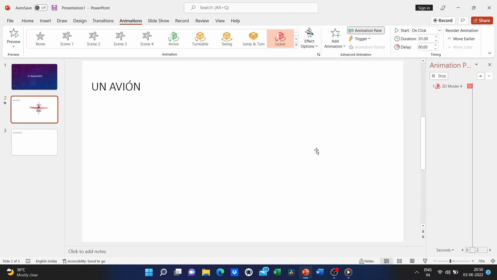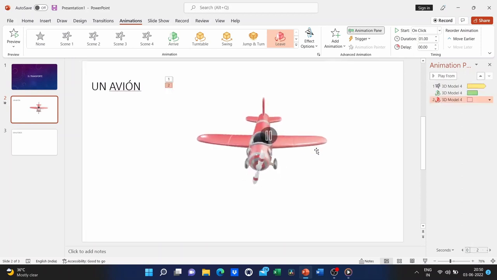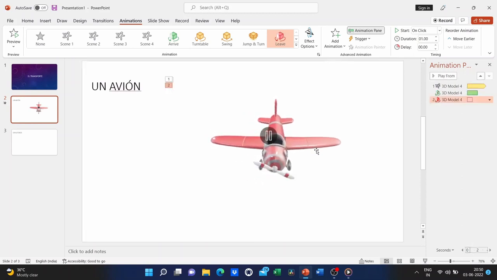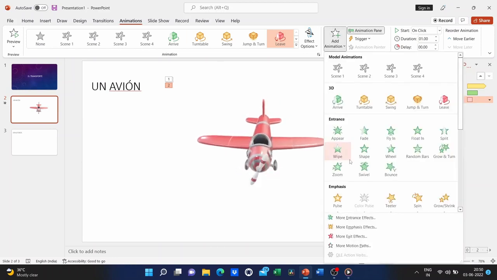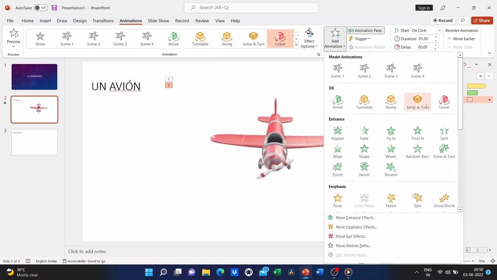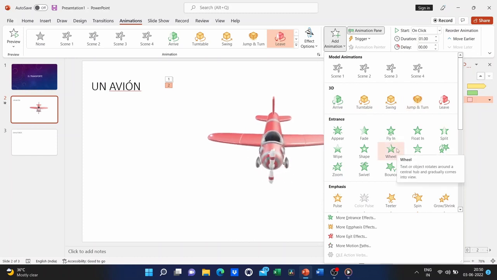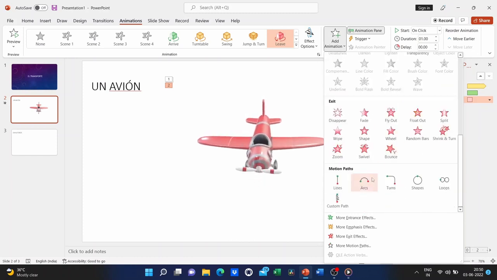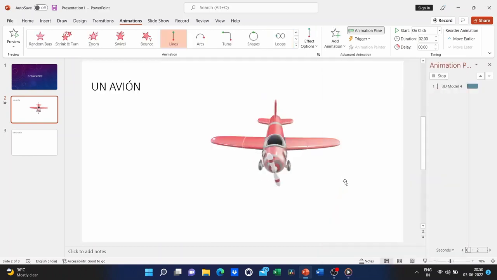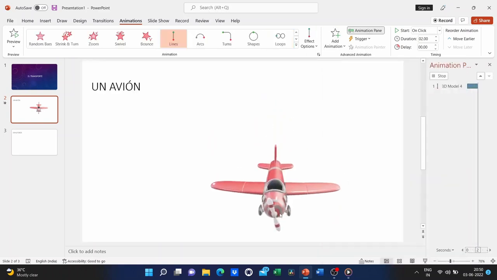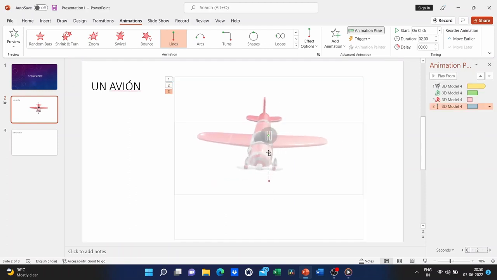What I'd like to do next is add one more animation. So I click Add Animation. This time, I'm not going to use one of the 3D animations. Rather, I'll use a motion path. So I'll click this line motion path, and automatically, that's what it does.